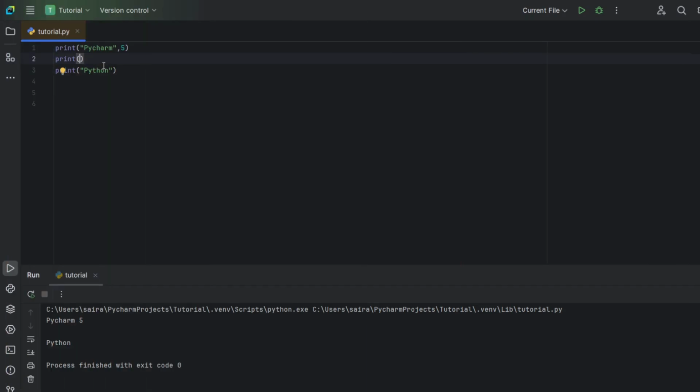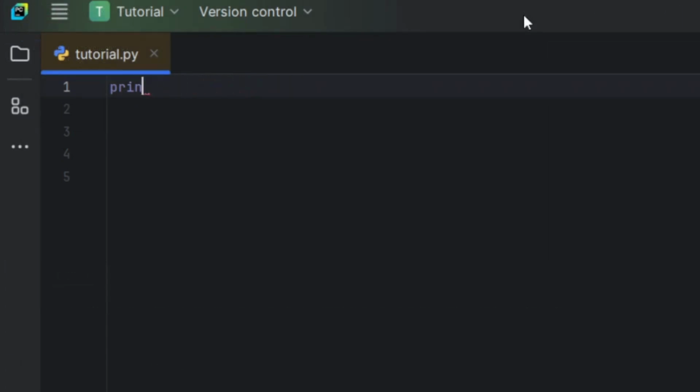But how can you do this in a different way? This time, we'll be doing this, but only in a single line. Let's take a meaningful sentence now. Print, parenthesis quotes, I love Python. Now, how do you print I love and Python in separate lines?